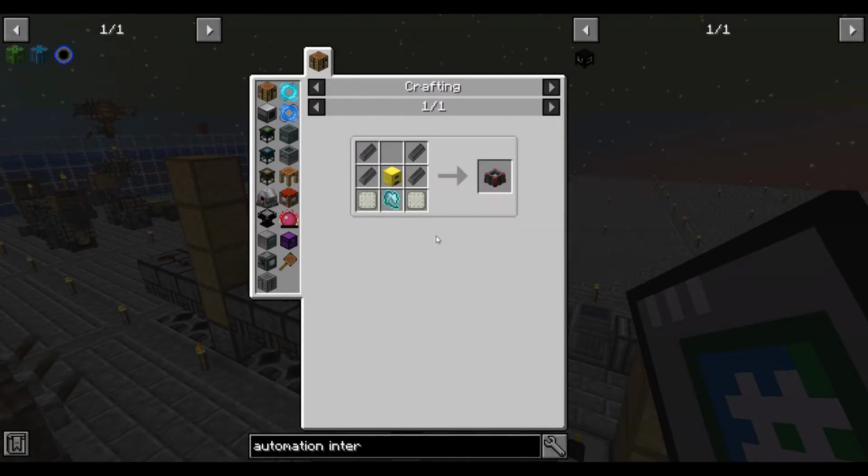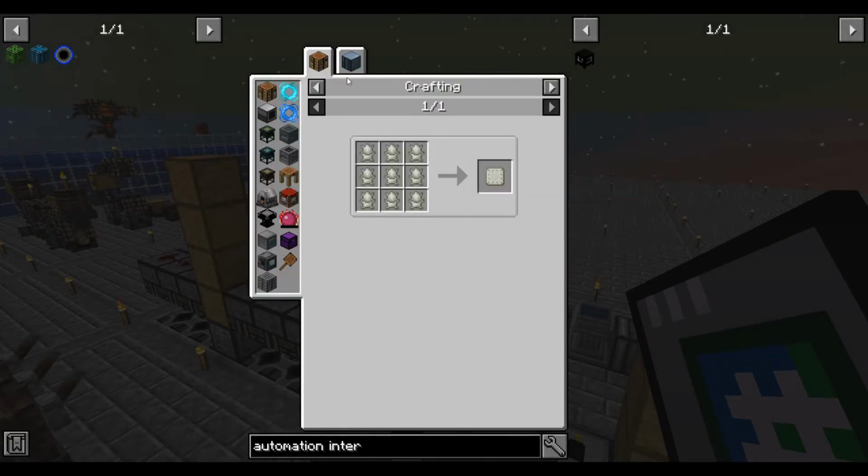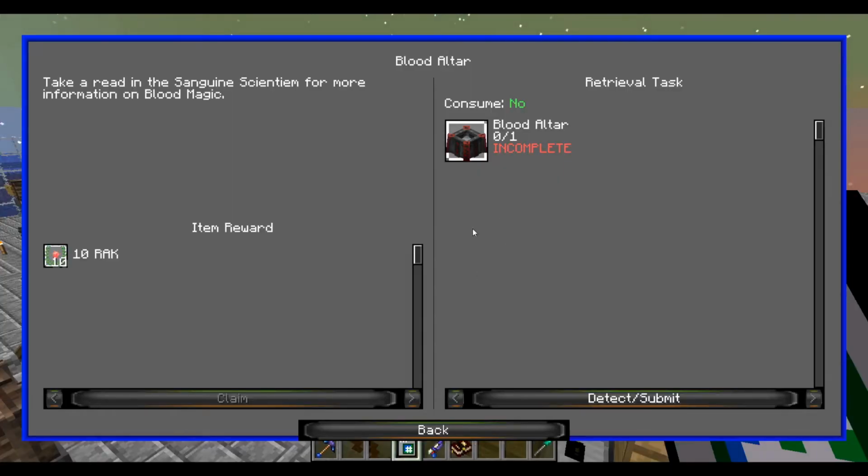Oh, just kidding, we have to start with the Demonic Will. Oh dear, and we have to go to Erebus. Alright, so we have some stuff we have to do before we can start Blood Magic. Let's start with the Demonic Will then. So Demonic Will is made by...